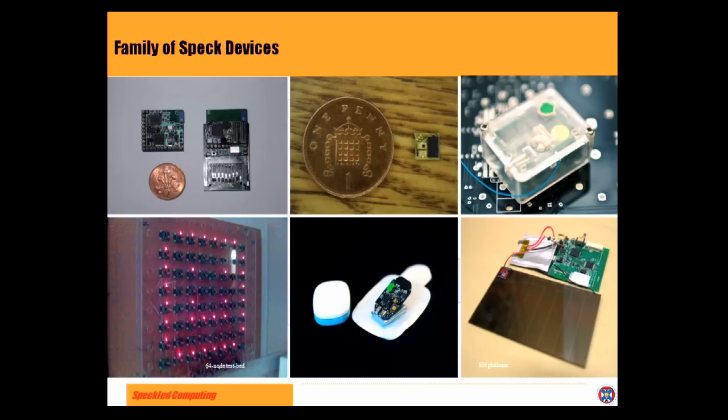So over the years, we've developed a family of these spec devices. What I'm going to do is go historically around this and show you some of it. On the top left, you see the first device that we designed, which has a 2.4 gigahertz radio. It has 8 kilobytes of memory, and it has a very slow processor on it. The idea being that the same functionality has been reduced to that size, because it's going to have a small battery in there.